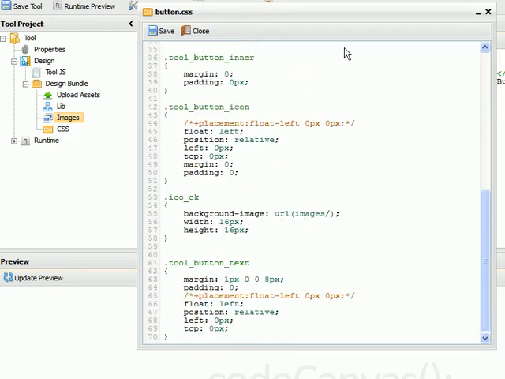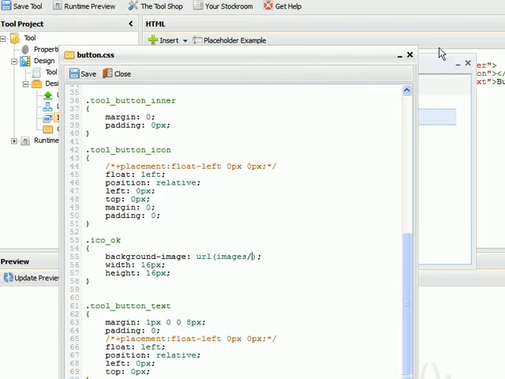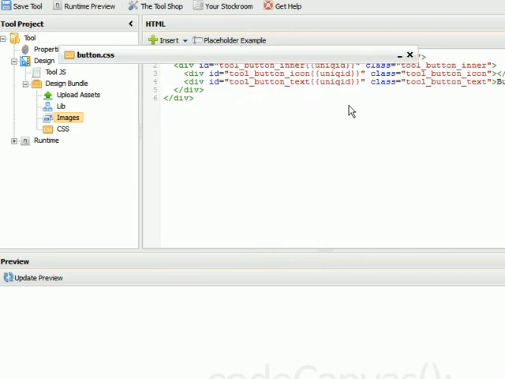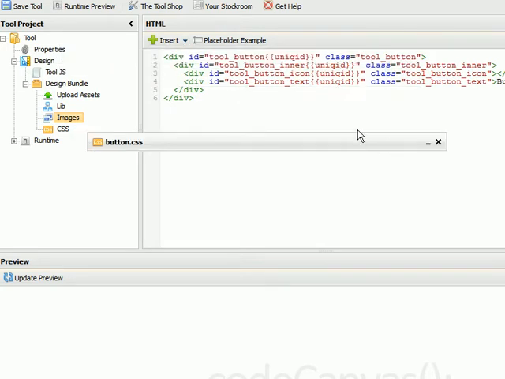Okay, so the first thing I'd like to do is let's go ahead and close this window here, and we're going to leave our editor minimized. As we take a look here, you'll see that we have a class that is tool button